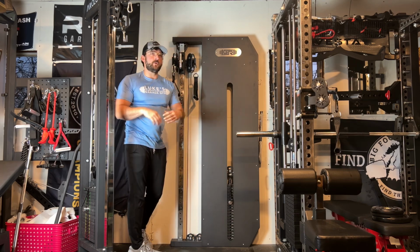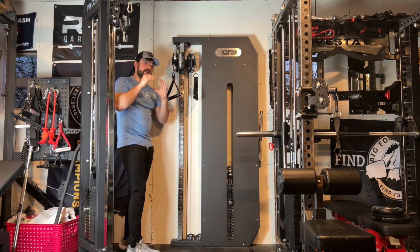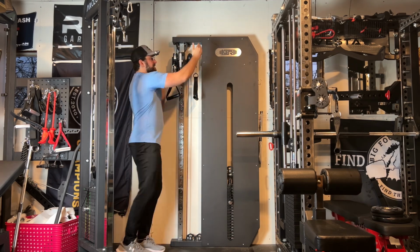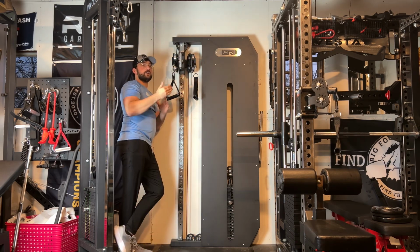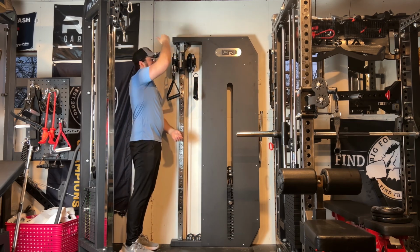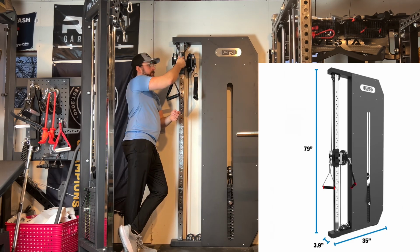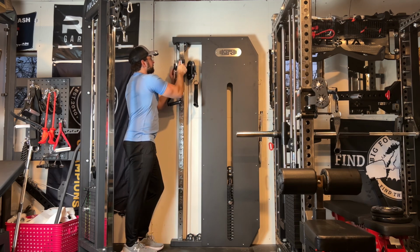So for someone who has very short ceilings, that's mainly out there in the basement gym aspect, this will go into this, it's got to be 16 inches into the stud. They also provide where you can put it into concrete. I'm 6 foot, you can see how tall it is, about 79 inches. And from the trolley here, which if you guys are curious to know, the tallest it goes with the trolley is about